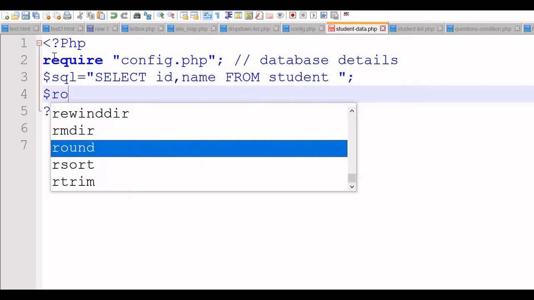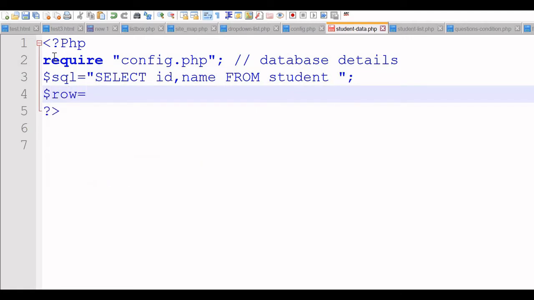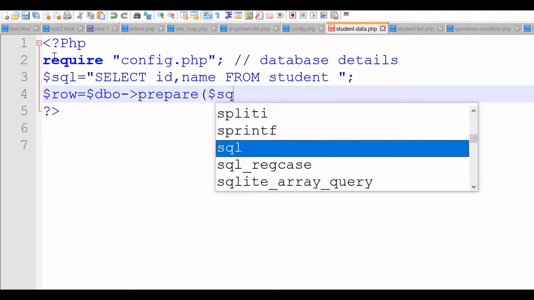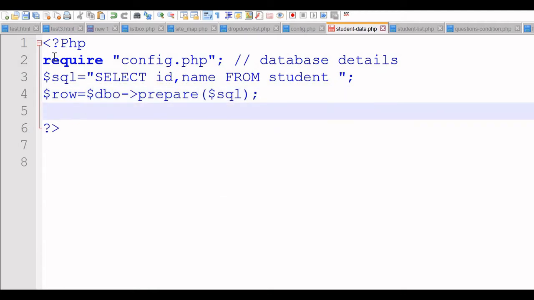Now let us collect the variable. We will declare row. Now DBO, this DBO we are taking from our config.php file, so we have declared it there. Now write prepare, it is SQL. Similarly, let us try row, execute the query now. We are using the execute function for this.